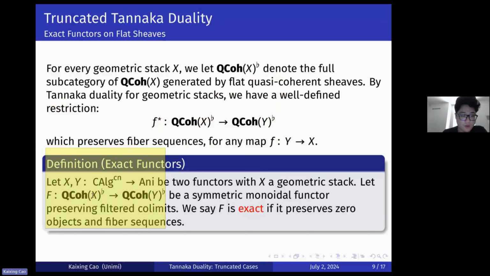It's not necessary to require that f comes from the restriction from the constant of x to the constant of y. It's just that, given such a functor, we don't know the value of f outside of the flat objects. We see if we have such a symmetric monoidal functor, and if it preserves the filtered colimits. I think the motivation to require that it preserve the filtered colimits is because hopefully